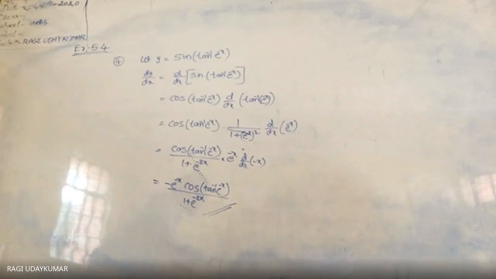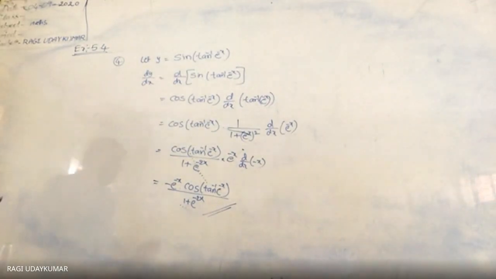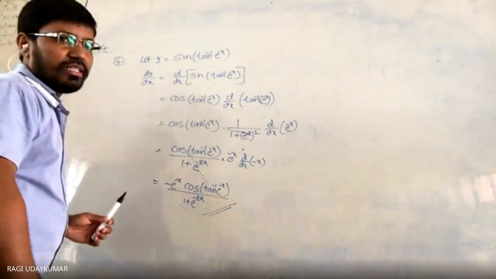Here the simplification may be different. When you are simplifying it, you may get different answers. If you see your textbook answer, if you want to get exactly that, then small modifications you may need to do. So both are the same only. The final answer is the same thing you are going to get. If you want to simplify it more, then you can simplify it, or if you want to keep it like this as the final answer, you can keep it. This is the fourth question.